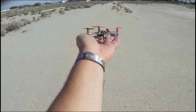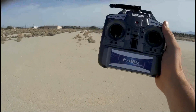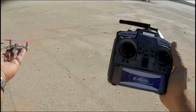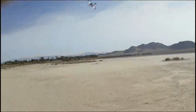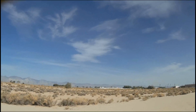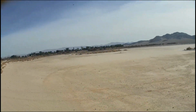Now this quadcopter is my little Speedy. It's the WLToys V252. I want to compare the flight performance between the two, and to do so, the thing about the JXD 388, you can use this transmitter. It uses the V2X2 protocol. So I'm going to fly my V252 with my JXD 388 transmitter. And again, I'm going to launch it by tossing it. The wind is picking up here. Got to get my little quadcopter back here. Now I'm going to be at 100% mode just as I was for the